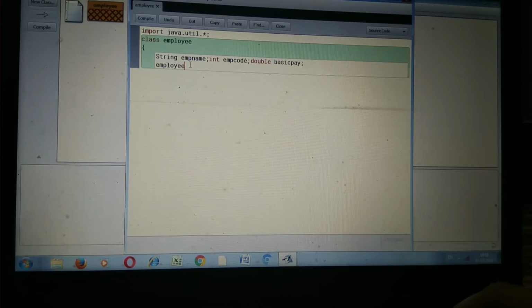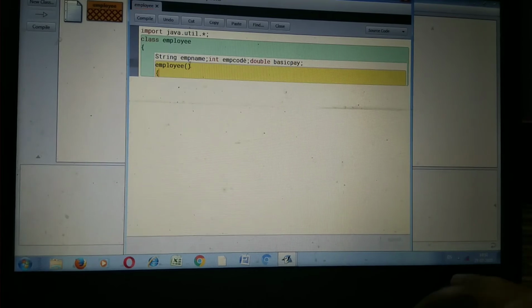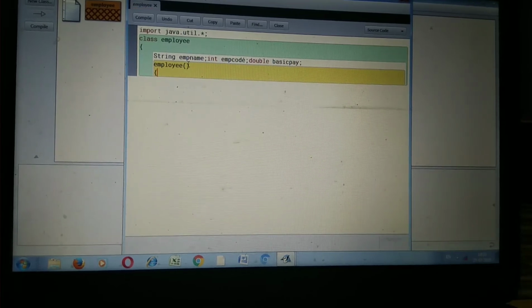It's a default constructor, so there's no need to write anything within the parameters. After this, start the block of the constructor. The default constructor initializes all data members or instance variables to null, and numeric integer values to 0.